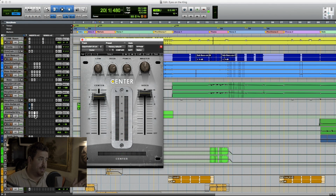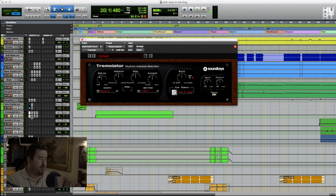I've never even seen that plugin before. Center, I don't know what that's doing. But I've got a little bit of tremolo on there. Tremolo, modulation effects on guitar, a lot of them I'll do afterwards in Pro Tools because I can make sure that they're tempo synced so they're all perfectly in time. Whereas if I'm using some analog pedals, most of the time they're out of time with whatever's going on. I like them to feel a bit more rhythmic, so it's just a very simple eighth note